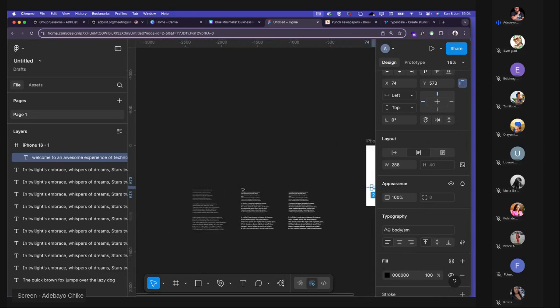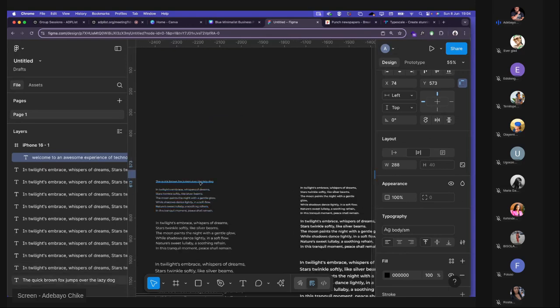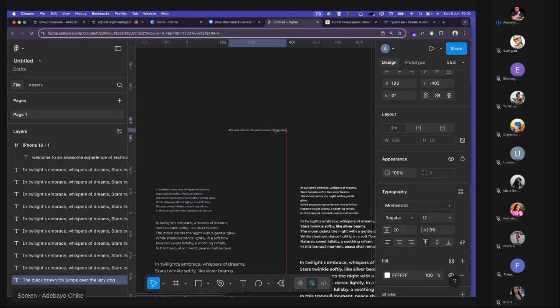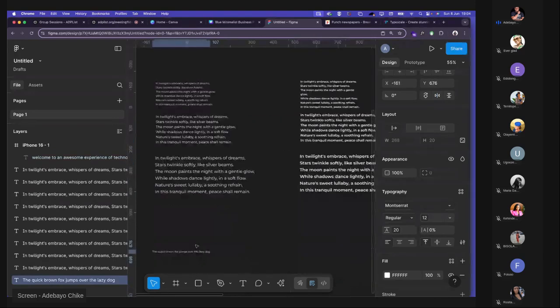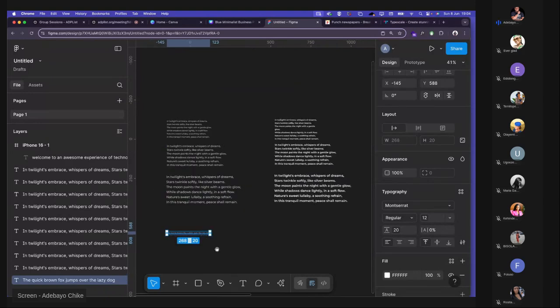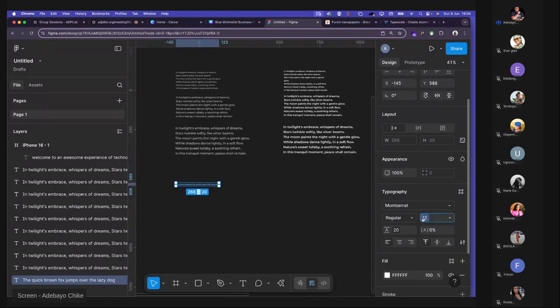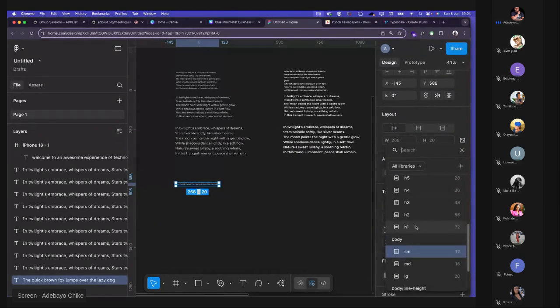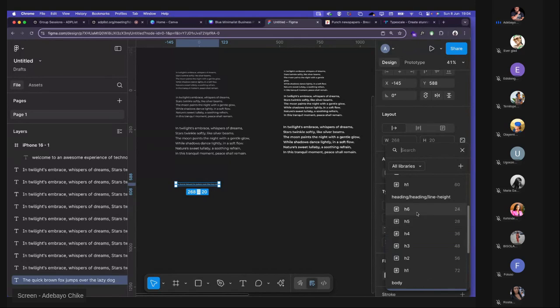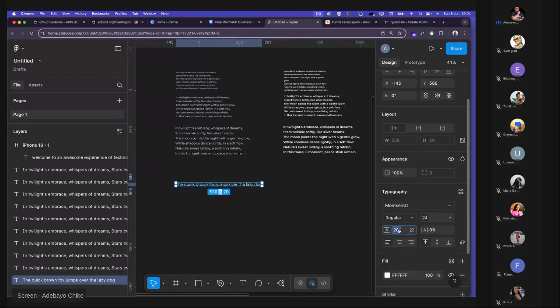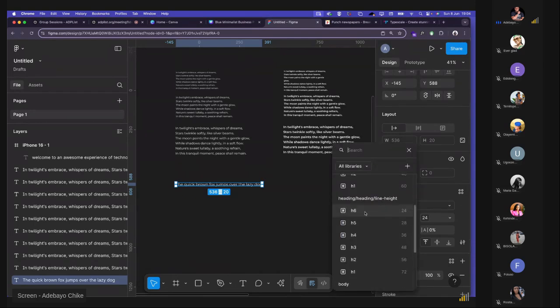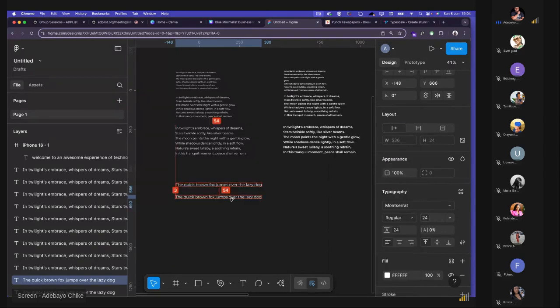So we'll do the same thing for our heading. So we'll just use this for the heading. Let's bring it down here. So we've already done the hard work. So I'm just going to be switching these fonts to heading. Let's start from H6. H6, the line height will be heading line height. So we're looking for heading line height H6. So we'll apply it, duplicate, do the same thing, H5, line height, H5,